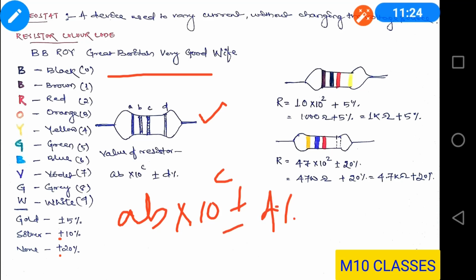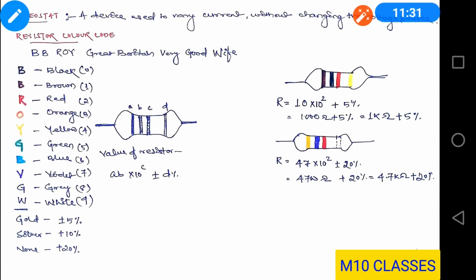Now let us see some examples of how to calculate the resistance of resistors. Students, remember this is just for a fact, to let you know, otherwise it is beyond the scope of your syllabus. As you can see the resistors in the circuit board, you may find it interesting to calculate their resistance. Now see the first figure.